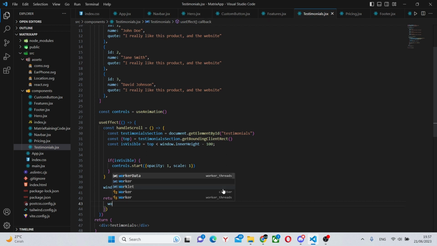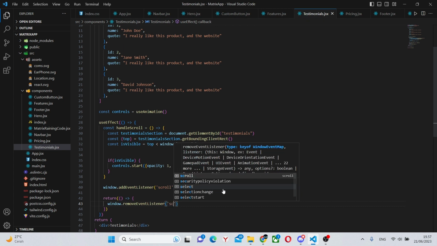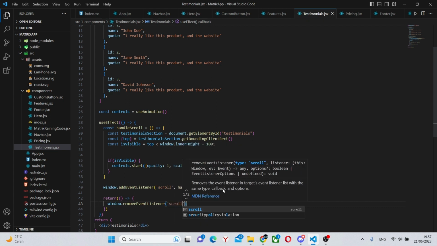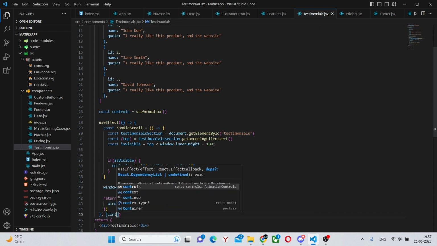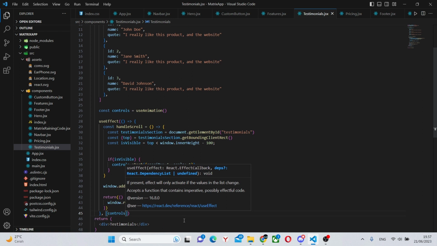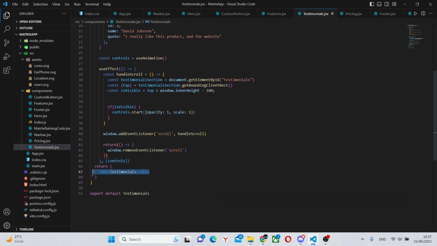And in here we'll say window dot remove event listener scroll with nothing else. And in here we'll add an array with controls. Finally, we can move on to actually working on the section.